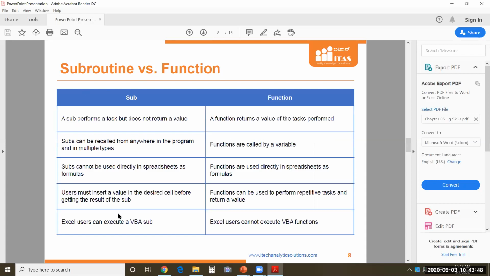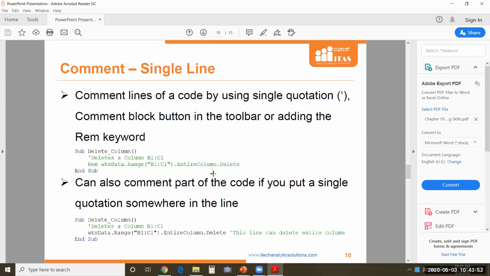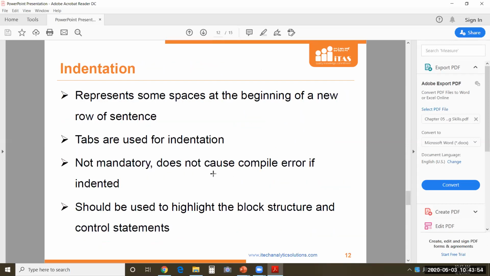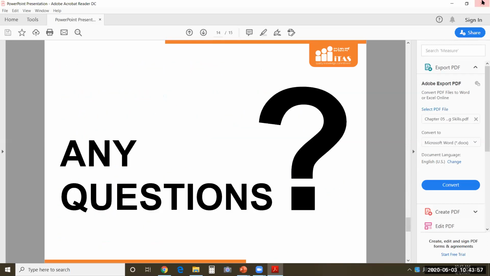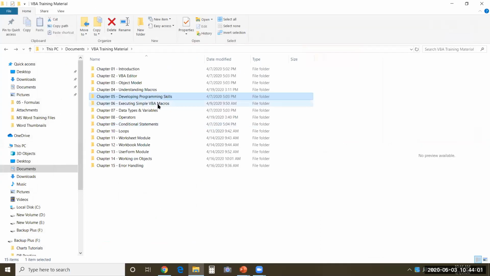So you can see here what the differences are. We'll be explaining all these things one by one with examples of all the programs. So let me quickly run you through the other chapters. See, then we'll start with very simple VBA macros. There are one-liners, one-line programs, multi-line programs, and within that you have complex programs. So we'll go about one step at a time.